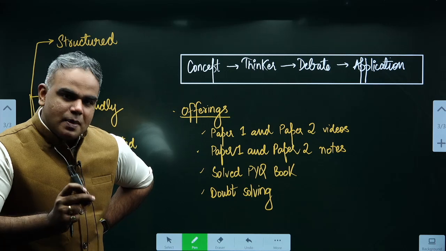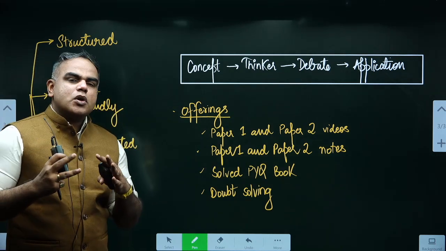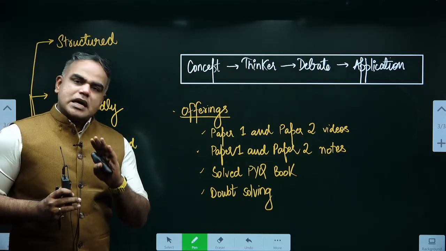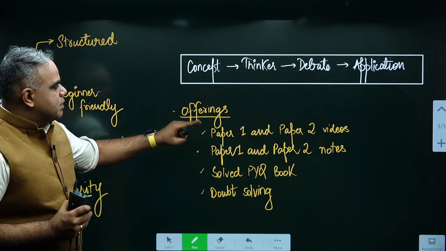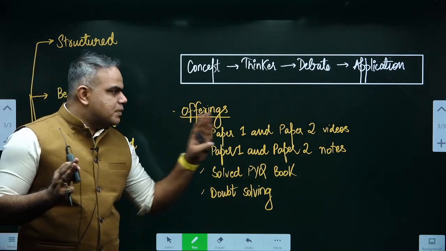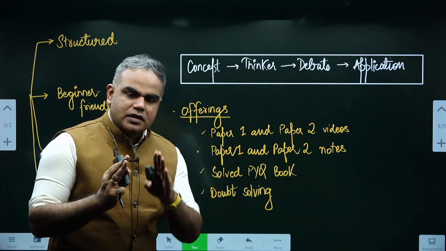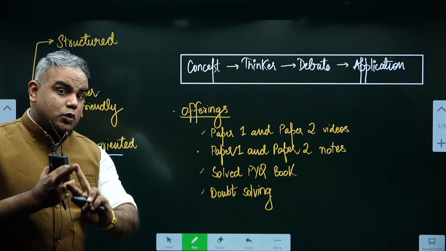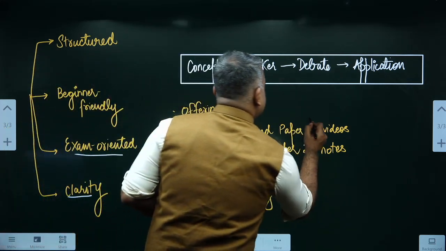That helps. Now, if you have understood what the course aims to offer, I'll just summarize the offerings in this course. So number one, paper 1 and paper 2, the entire thing will be covered via videos. Everything unit wise, you will be covering it. You don't have to worry. Paper 1, entire concepts. Paper 2, and specifically when we do paper 2,